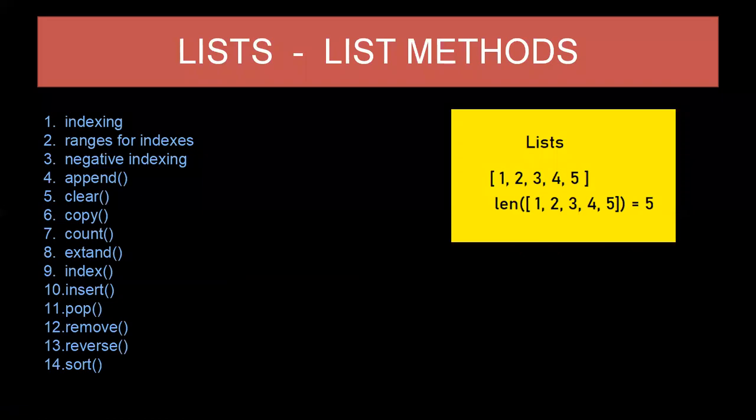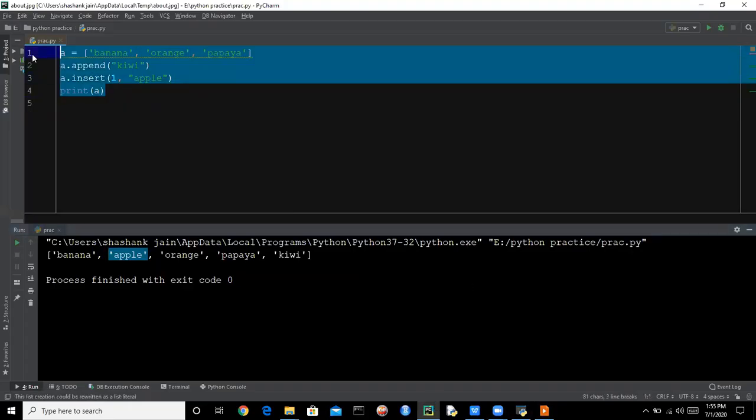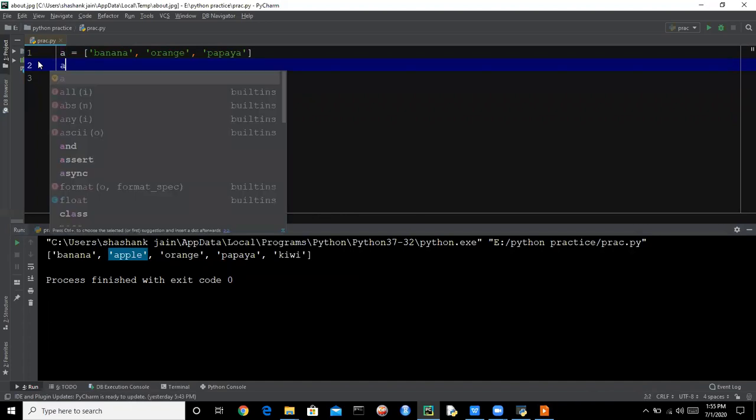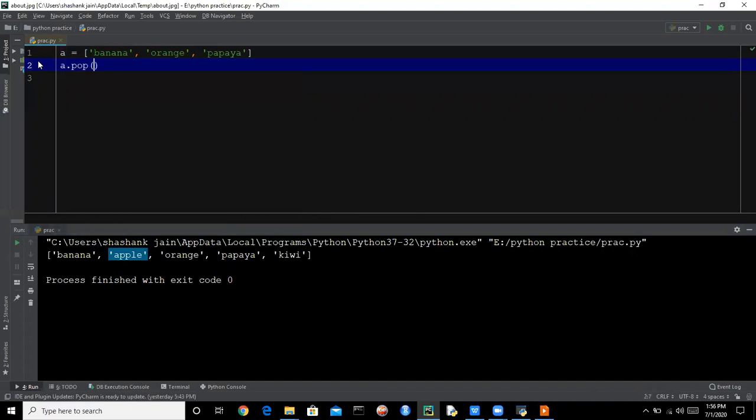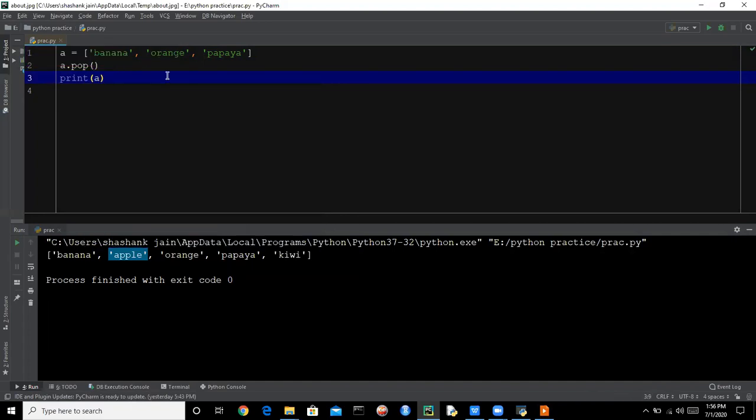So let's discuss the pop function. The pop function is used to remove an item from the list. So if you want to remove the last item from the list, you can use a dot pop, and if you want to print the list now, you can see the papaya is popped out.